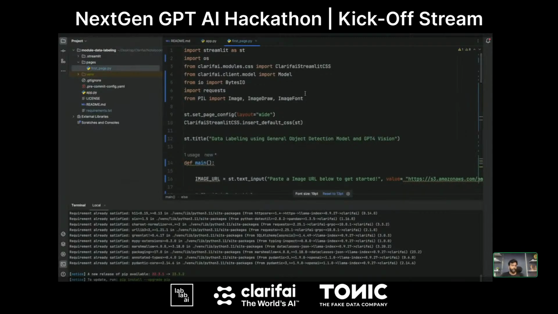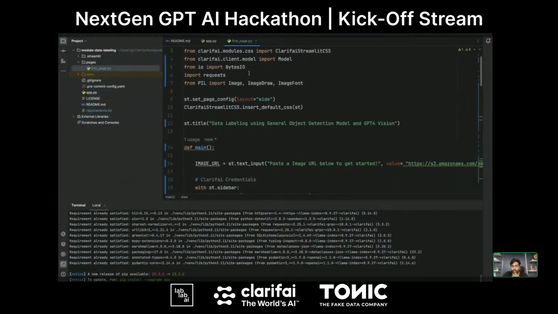Just to recap, maybe if you didn't see what I just did here, I imported the necessary libraries. You can see Streamlit, the Streamlit CSS module, and the other libraries and classes required to build this application.